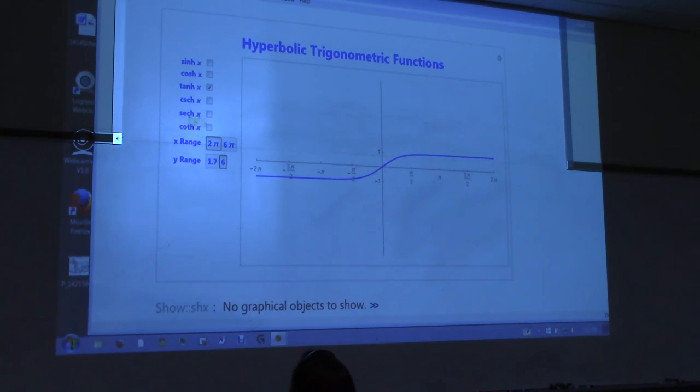But the point I'm trying to get at here is that if you look at all of these hyperbolic trig functions, they all have very different characteristics than what we're used to seeing with the trig functions from pre-cal. In pre-cal, they were all connected to each other in some way, and you could get the graphs by just investigating sine and cosine. So those are the graphs. The one that we are actually going to look at later in the class is the cosine hyperbolic one. This one is actually pretty interesting.